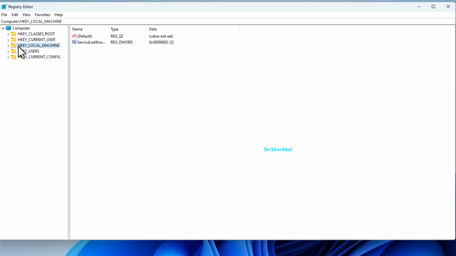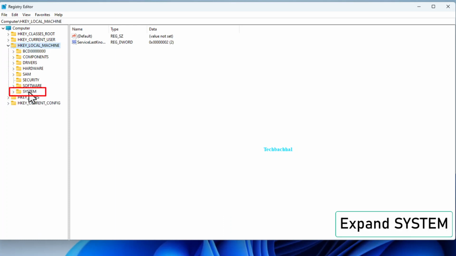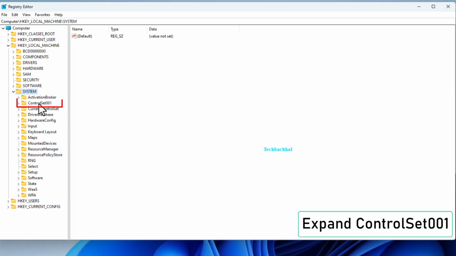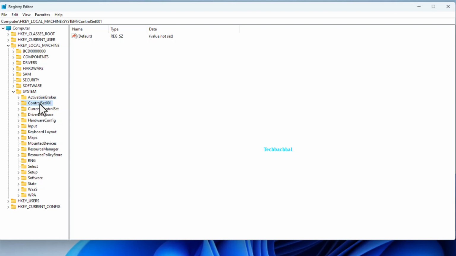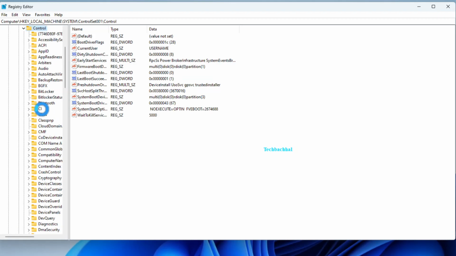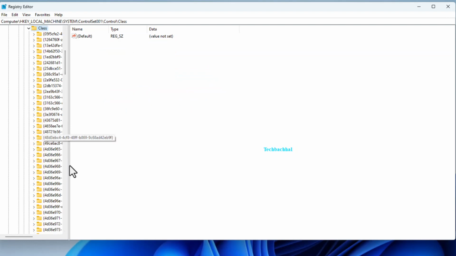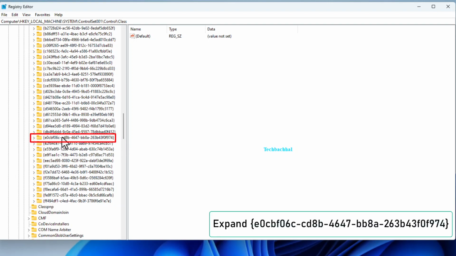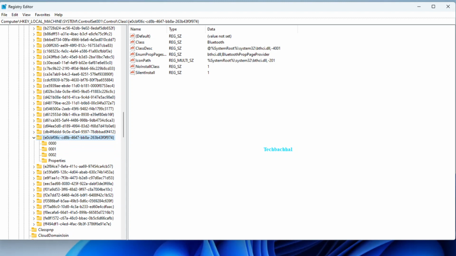Expand HKEY_LOCAL_MACHINE, then System, followed by ControlSet001. Expand Control. Expand Class, and expand the key starting with {4d36e96c...}